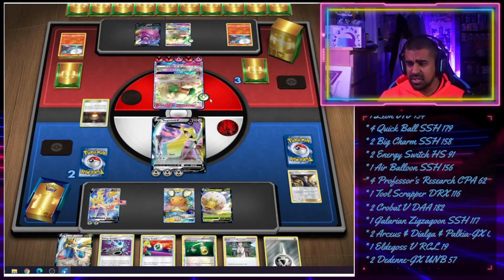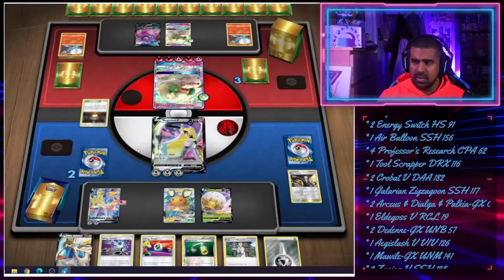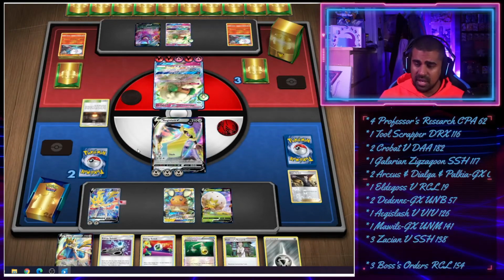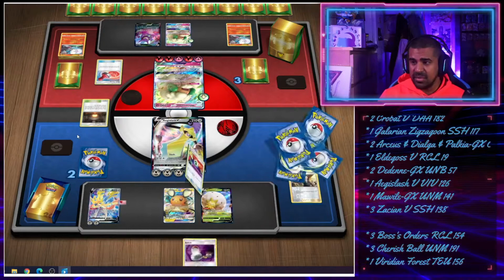Boss's Orders. So I think this Whimsicott actually KOs us, right? 3, 6, 9, 12, 150. They do 160. So 3 CE is a KO. Welder attach is also a KO. So I guess in theory we might not get KO'd here, but look how fat the hand is. I actually get Iono'd to 2. I mean, our hand wasn't great, but